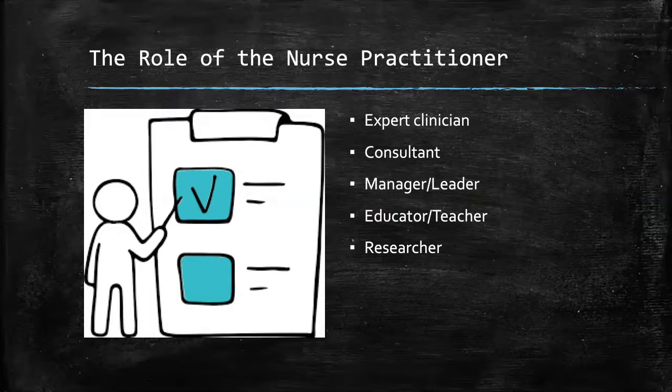Nursing is a field based on effective communication. As such, the family nurse practitioner assesses and manages health problems while incorporating health promotion and disease prevention into all aspects of care. By doing this, the family nurse practitioner fulfills the role of educator and teacher. Finally, in the role of researcher, the family nurse practitioner utilizes current evidence-based practice guidelines in assessing, diagnosing, and treating patients while emphasizing continuity of care, reduced healthcare costs, and enhancing healthcare outcomes.